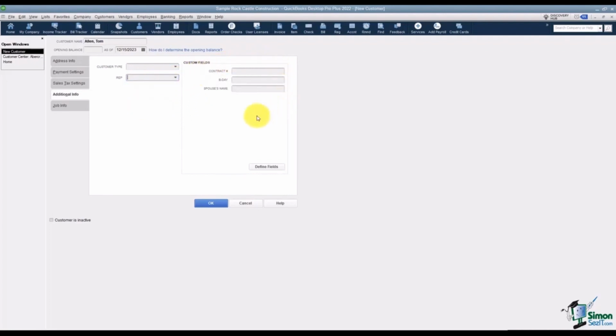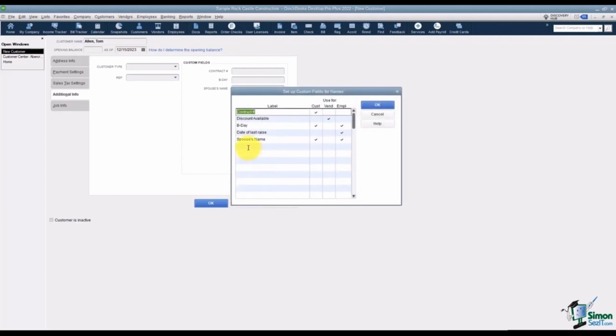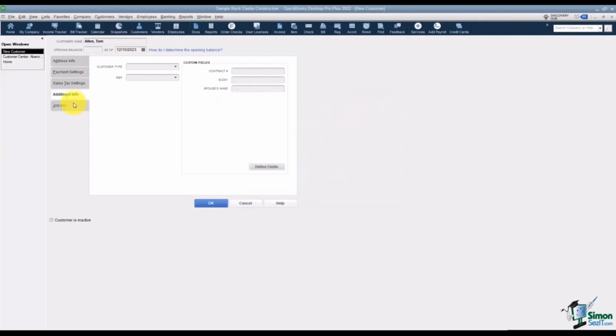And then these fields that you see on the right, these are created by you. All you have to do is click on Define Fields, and if you have a new field you want to add, just type the name of it here. And then check underneath each of these if you want that field available for customers, vendors, and/or employees so that you don't have to set it up three different times. Now the last tab says